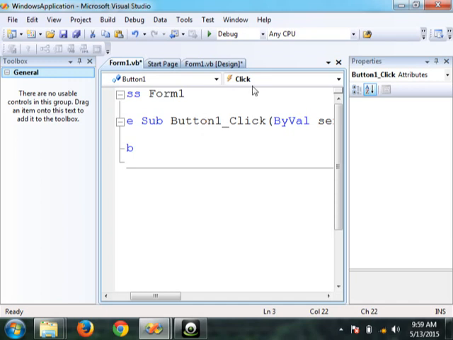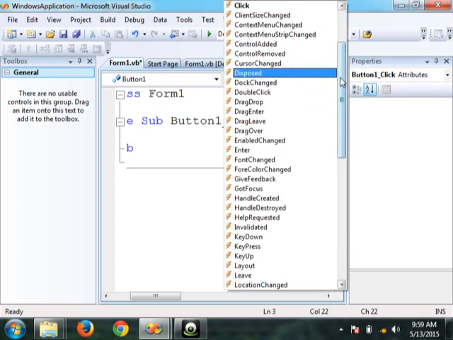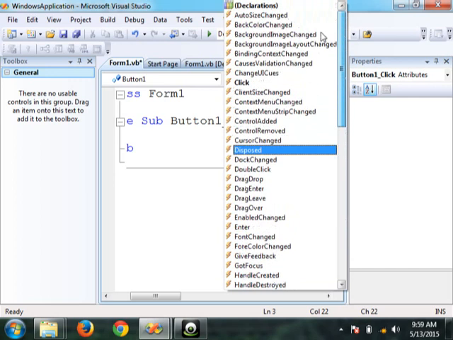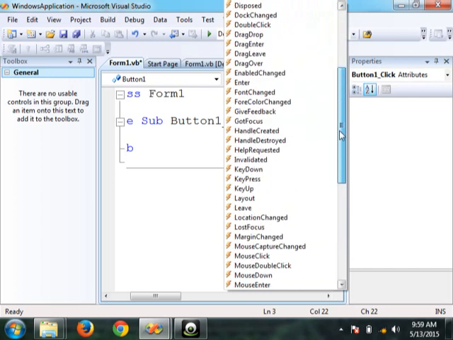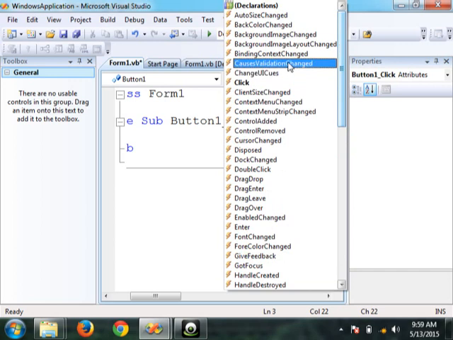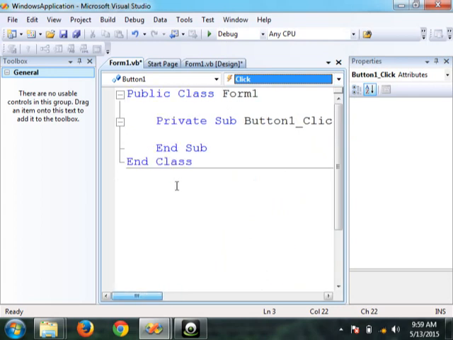You understand? You can change this event by going here. Can you see this is written Click over here? Can you see all these things? That means that particular control, the button, has so many events also. As I showed you so many properties of that button, similarly it has so many events. It can also have so many methods of its own. You understand? Okay, so let's say I want to write the code now.